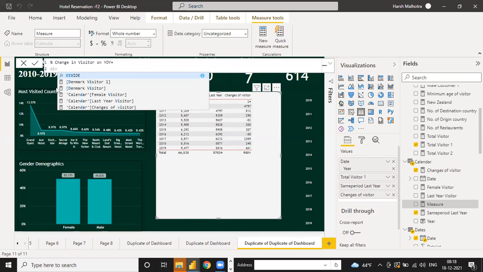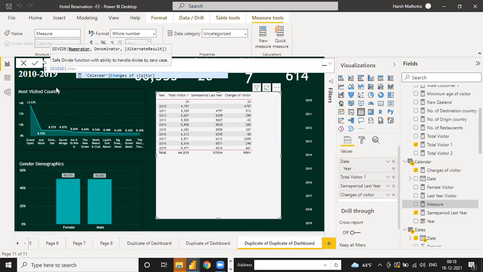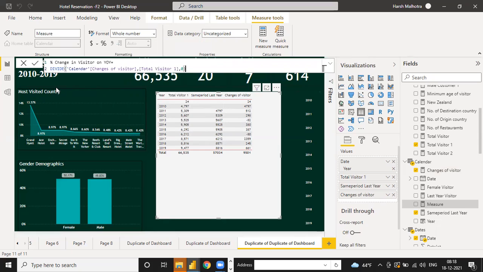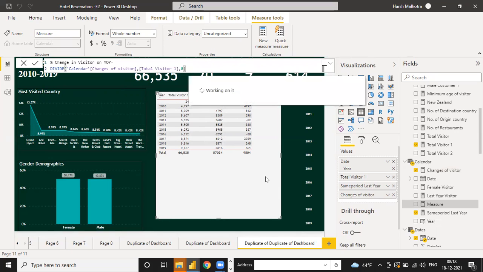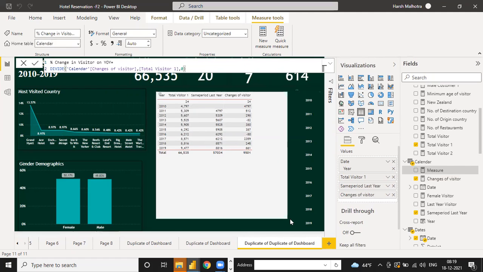So use the divide function, with the changes and then the total visitor. And then you put 0 if the changes are blank. Okay, just enter. So this value will give you the percentage of the year on year.